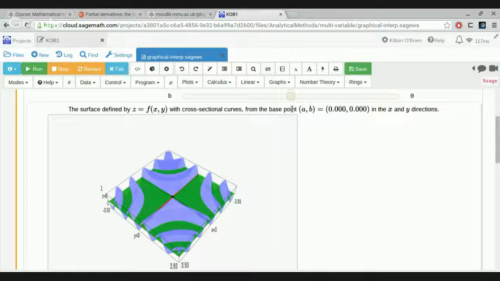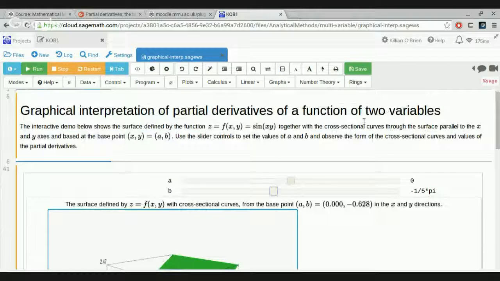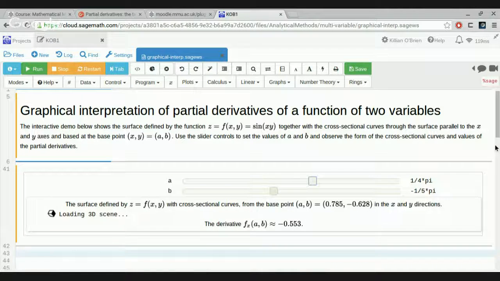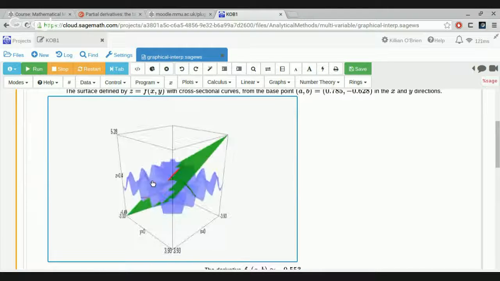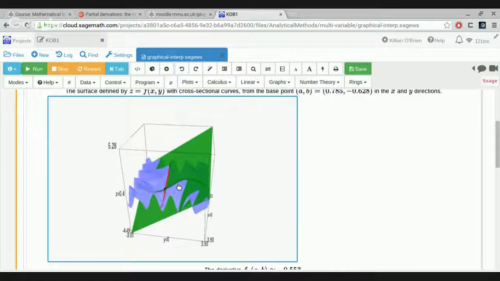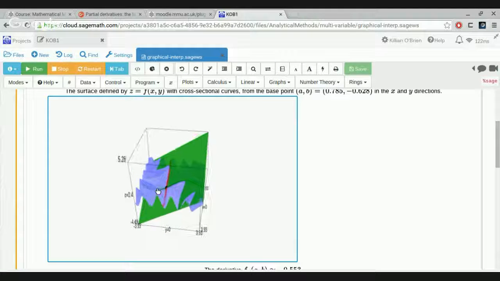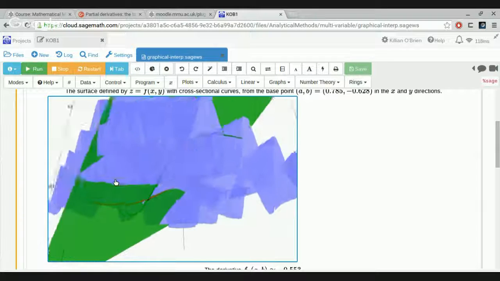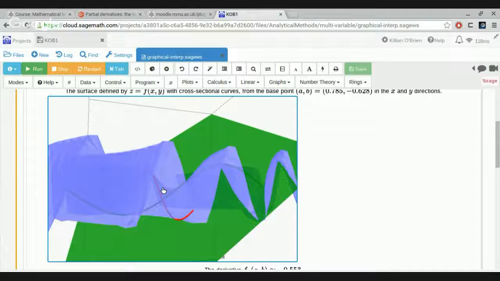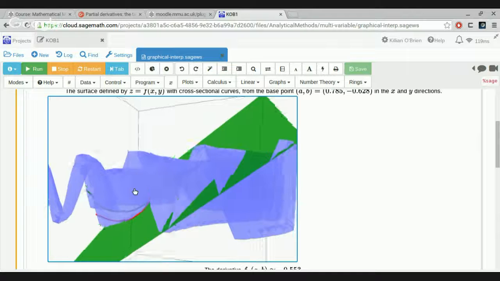Again, we're at the origin here. This surface has got zero slope in both directions, so it's not particularly interesting. But if we move the base point off the origin slightly, so there's our surface. We can still see the two cross-sectional curves. You can experiment around with this little widget yourselves, I'll put the link to it on after the lecture recording. Experiment around with different base points, and you can appreciate there how the surface is the same